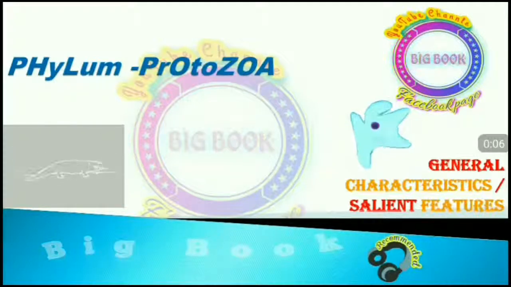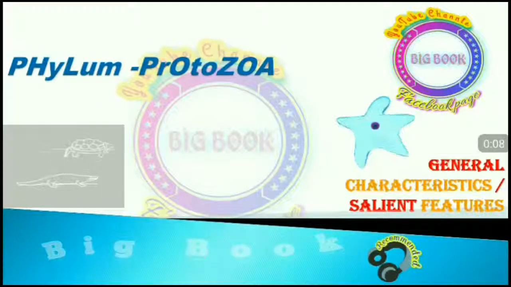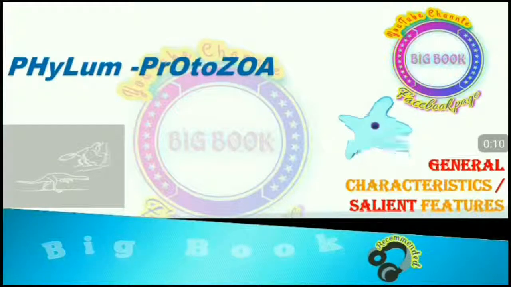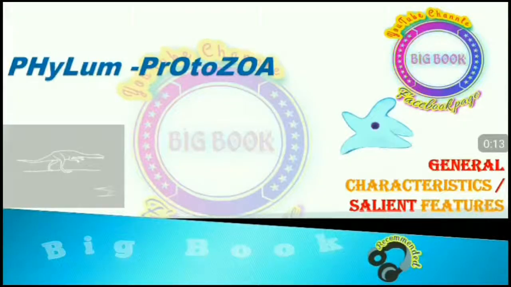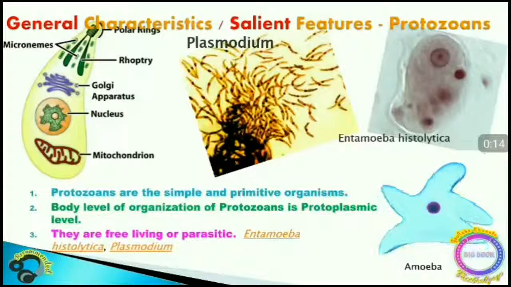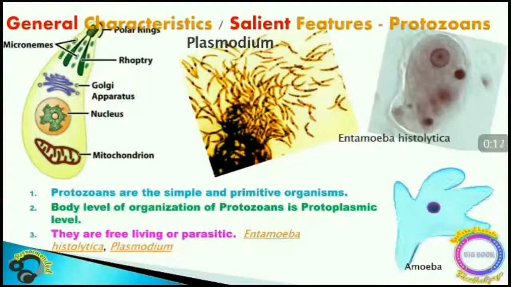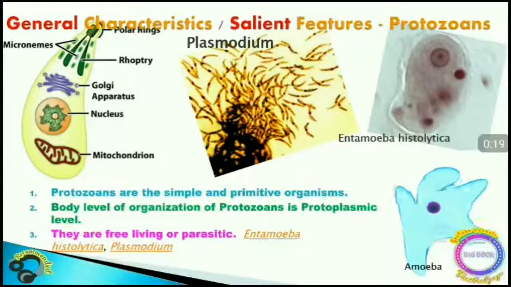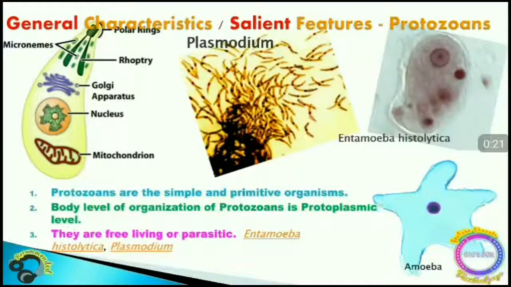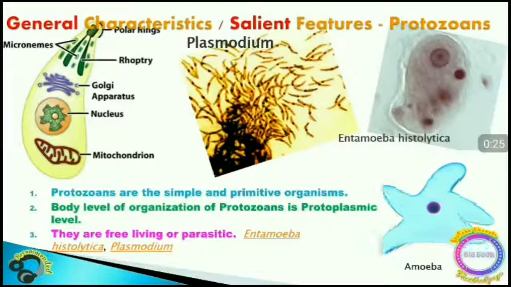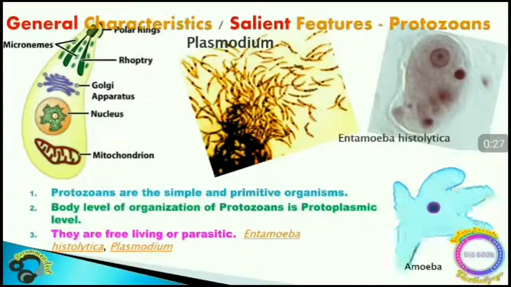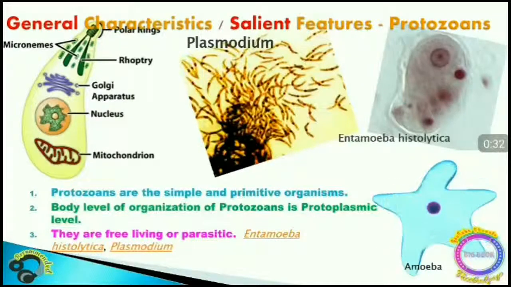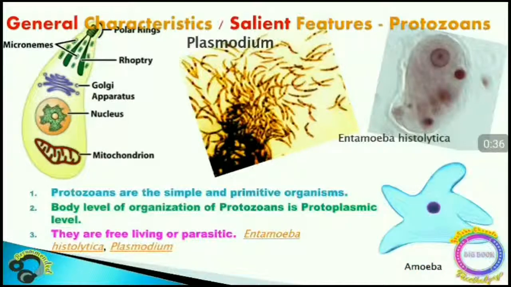Today we are going to discuss the general characteristics or salient features of phylum Protozoa. The first point is they are simple and primitive organisms. They are simple by their appearance and organization, that is, they are unicellular organisms, not prokaryotic. And primitive organisms, they are the lower grade or the first grade of the organisms compared to the multicellular eukaryotic